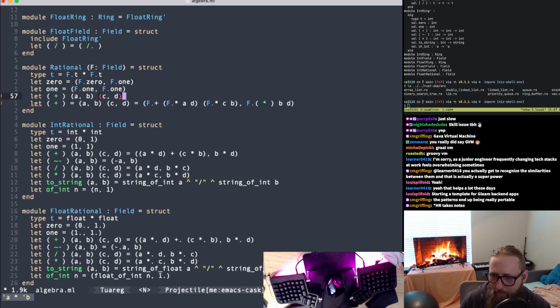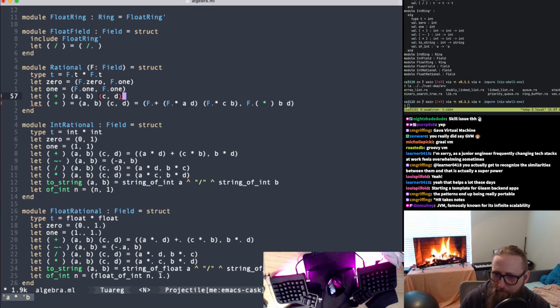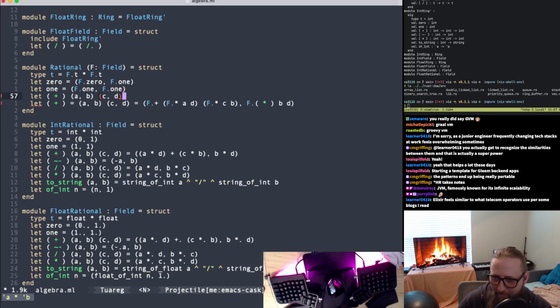I still like Clojure, and it's a lot better than most. Yeah. JVM famously known for its infinite scalability. Yes, exactly. Really, really good at not